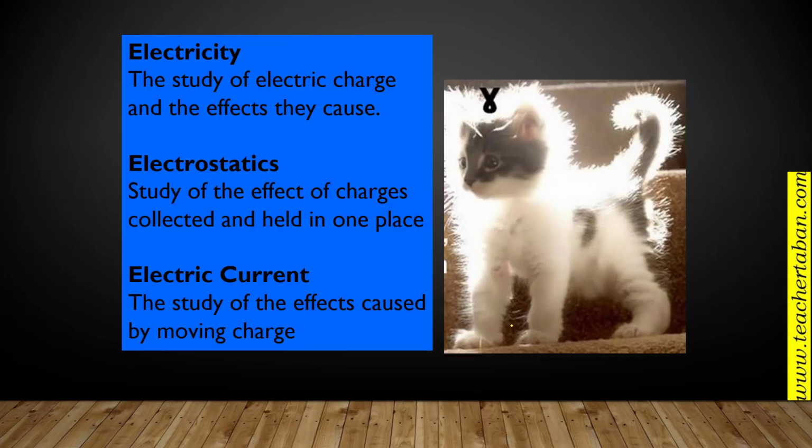Then we have this picture here. What is this picture? Can you guess what it is all about? Okay, this is a negative of an image that was taken. Maybe someone has taken a photo and this is what its negative looks like, and that is a postcard. So how is it able that an image can be printed onto a paper, like photos that you take maybe during picnics and so on? It is all about electricity, electrostatics. We shall be looking at this and very many other applications.